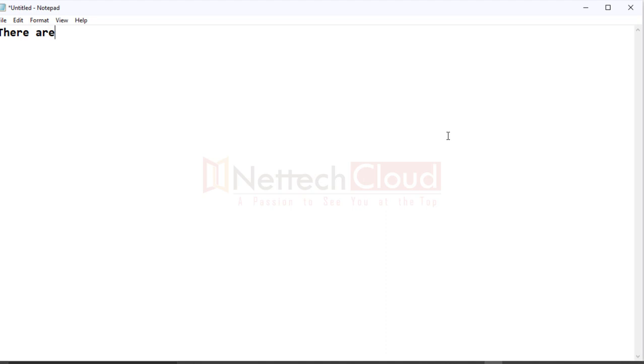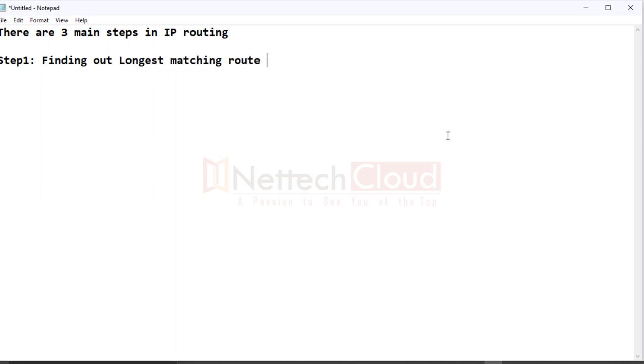So in IP routing, there are three main steps. Step number one, finding out the longest matching route and exit interface. Step number two, switching, that is moving packets between the interfaces.